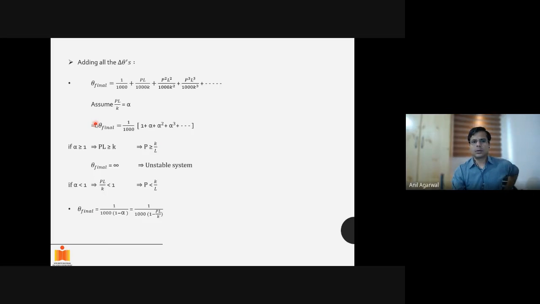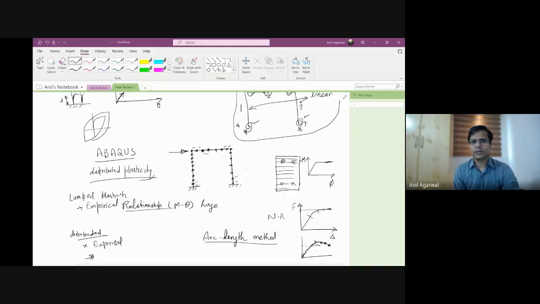So basically, this is one very simple problem which is kind of showing you how to incorporate the Newton-Raphson method to account for geometric nonlinearity. Typically, the way we incorporate geometric nonlinearity